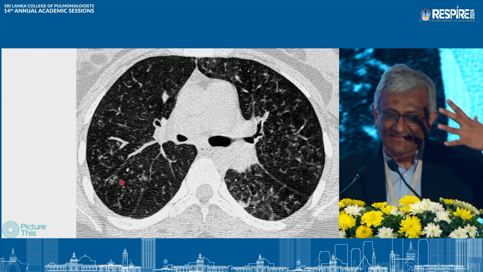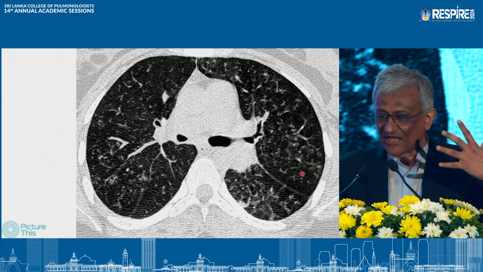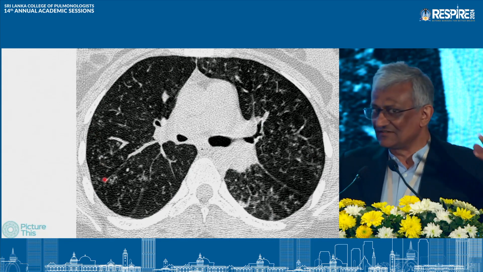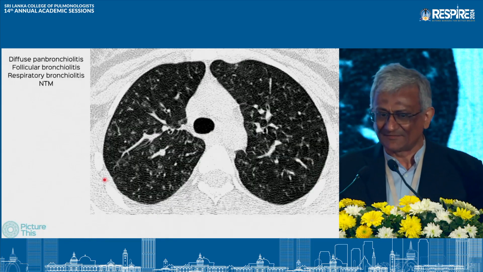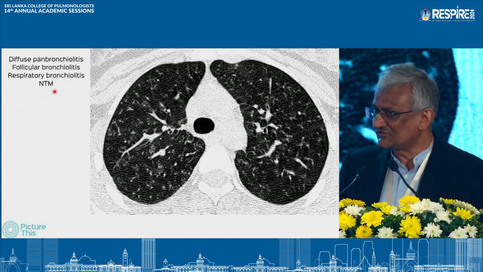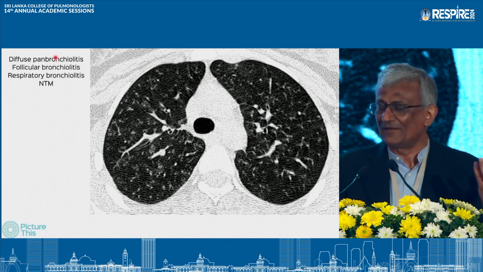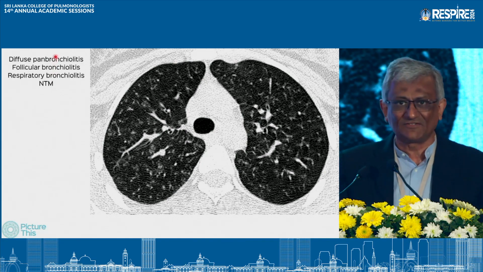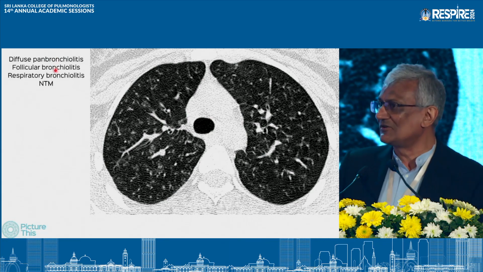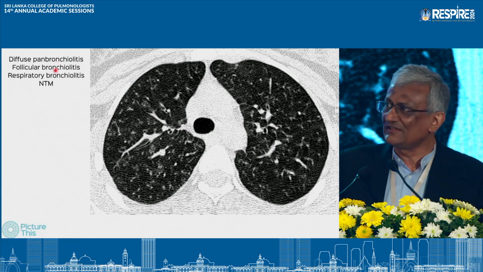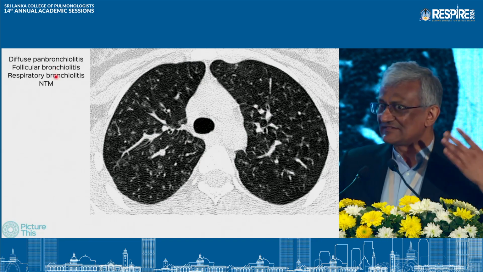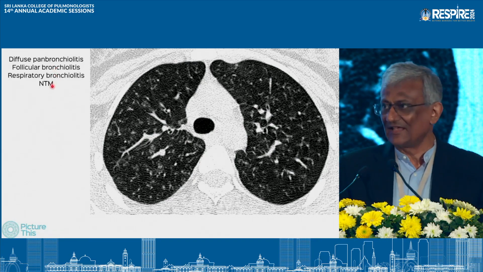So when you have less dense branching distal opacities bilaterally, symmetric or almost asymmetric, then you're dealing with one of these 4 conditions mostly. So you have diffuse panbronchiolitis, which is an inflammatory condition typically seen in Japan and South Korea, follicular bronchiolitis that occurs usually as part of connective tissue diseases, respiratory bronchiolitis, a term used in smokers, and